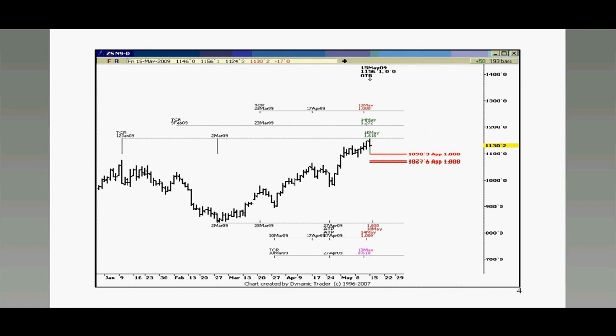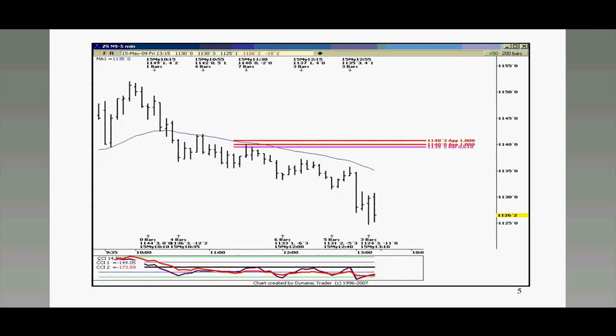So what we did in this case, my next slide should be, okay, this was where we actually went down to a 5-minute chart, and this trade was done. My trading partner did it for us, and basically I wanted to see a shift in pattern to lower lows and lower highs. We did start to see it. I'm not sure where my pointer went, but we did start to see it,